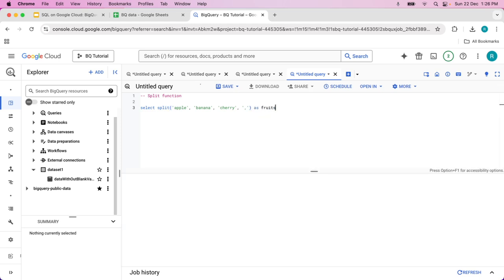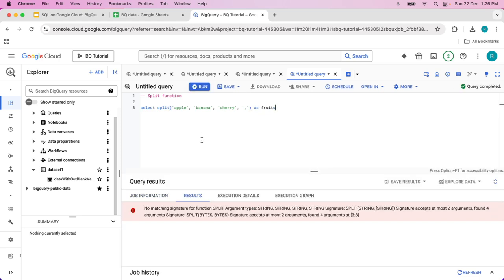Let's see how it works. Once I execute this function, assume that you have a word something like this: apple, comma, banana, comma, cherry, and you would like to split the data based on a delimiter, let's say comma, because we have commas over here. And now if we run this one,